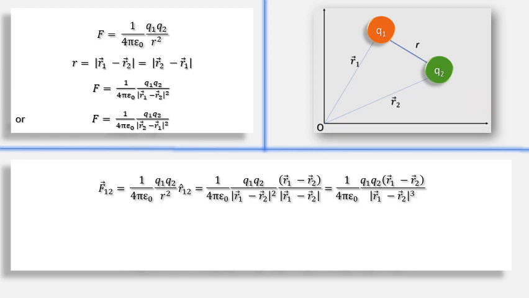In that case, the only difference is in direction. Whatever is the force on 1 due to 2, same will be force on 2 due to 1 magnitude wise. Direction wise they should be opposite. And then however expression will differ. Expression of F21 will differ from F12. Let us see.